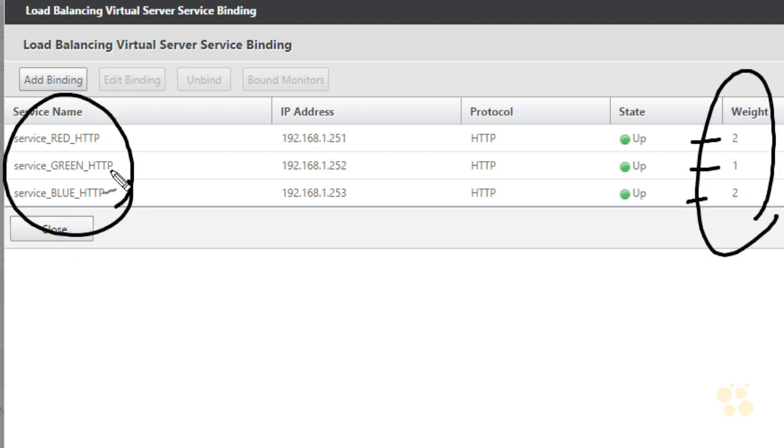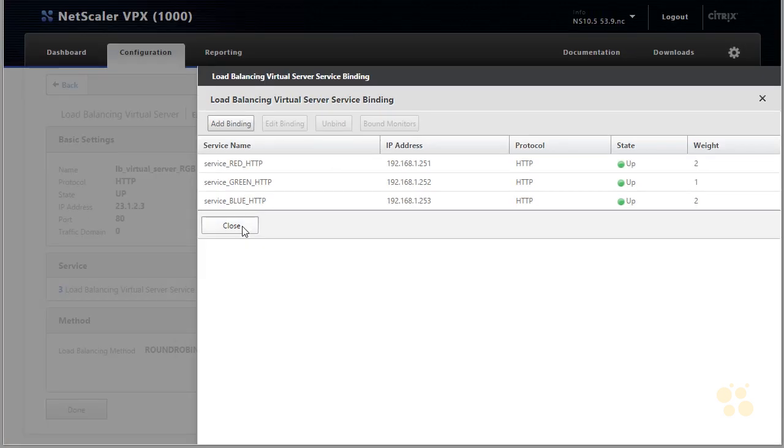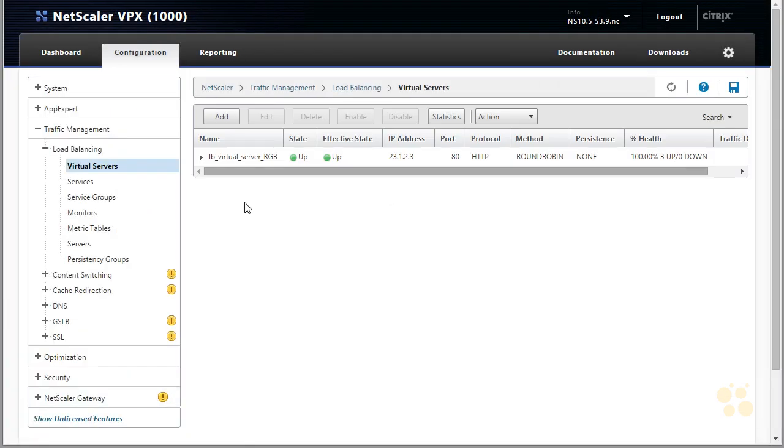So let's go test this out and verify to see if there is some bias towards red and blue, which there should be due to the weights that we've just set up. Let me go ahead and close this and click done there. And let's go back to